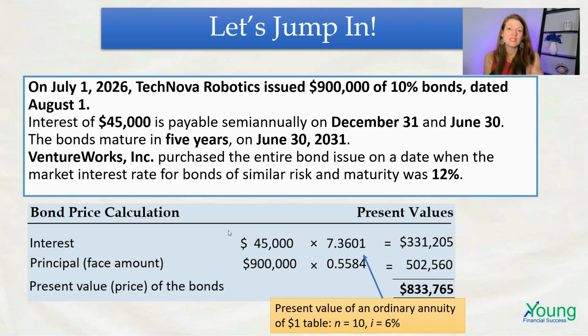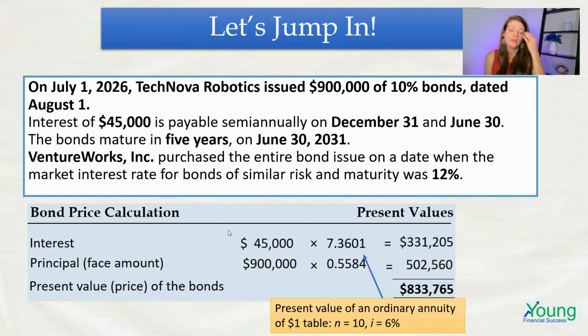We're using 6% because we are going to be making semi-annual payments, so twice a year, and we are basing it off of the 12% market rate because that's how we're going to calculate the discount. So we take the 12% divided by the 2 payments a year, that gives us 6%. So we go to the present value of an annuity table, 10 periods at 6%, and it gives us this factor